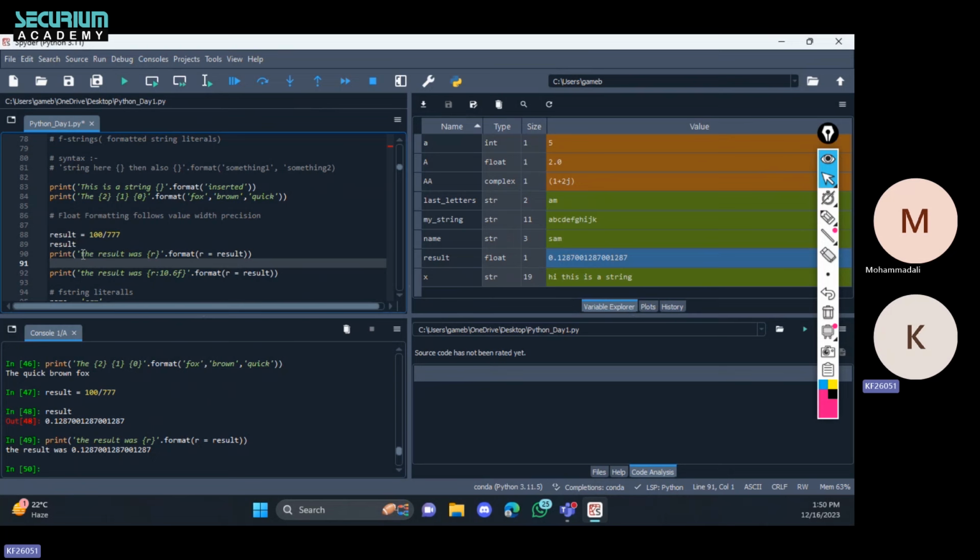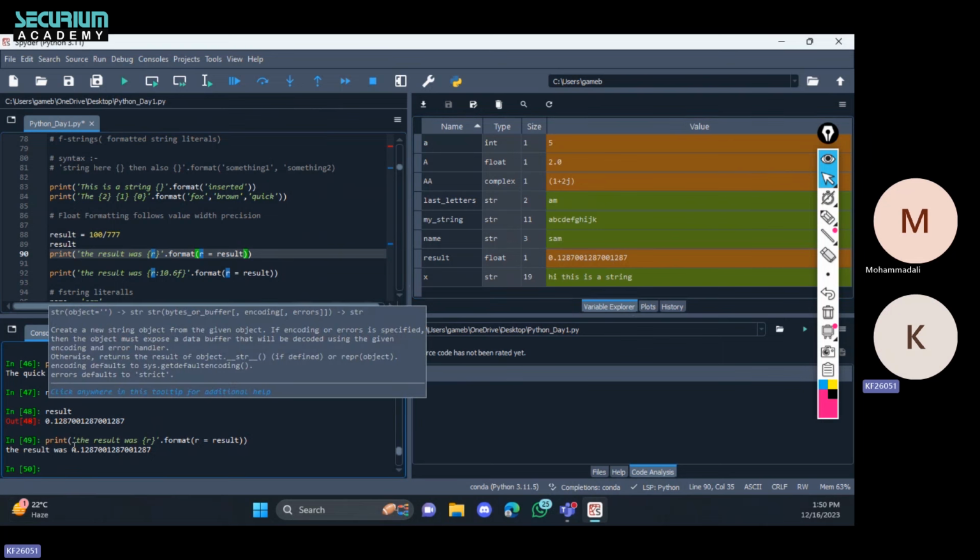As a command, "The result was {r}" is a string, and r is the format field. We have used the dot format function and given an input r equals result. Now we know what result is, so when we print that, the result was